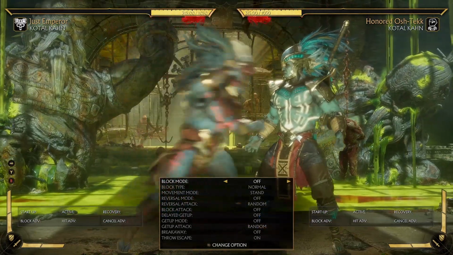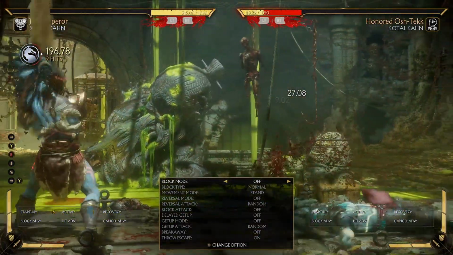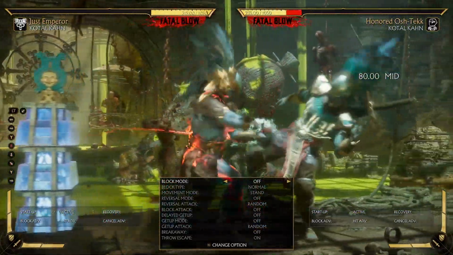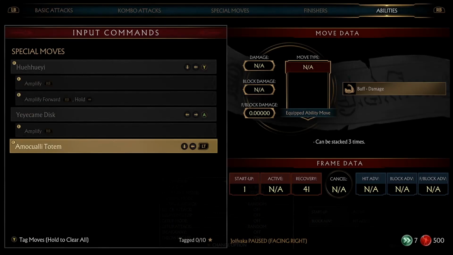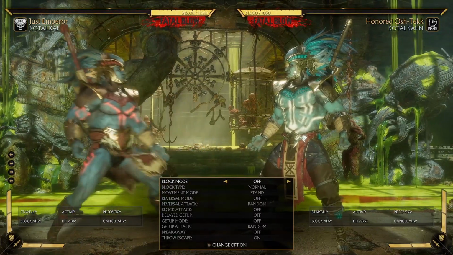So let's just do a normal combo. What is this one here? 198, unbreakable. It's still really good. 314. So you see how much it is? It's pretty good. You can set it up in a few different ways, but essentially what I